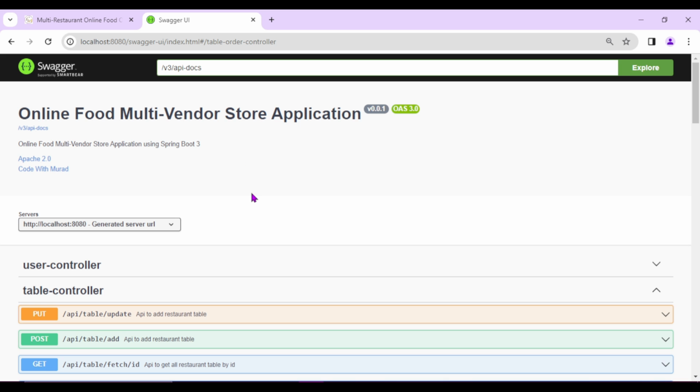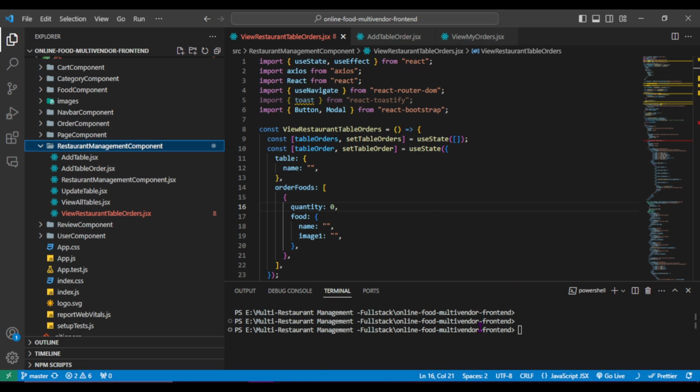Then after that, now let's run our React.js application also. For that I'll simply hit the command npm start and hit enter.